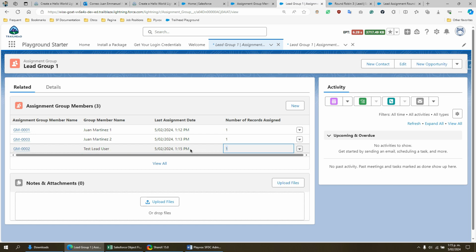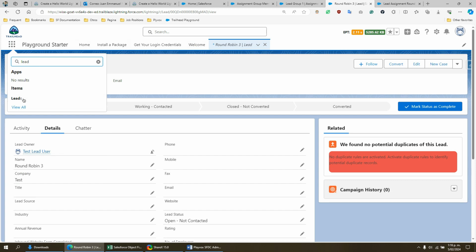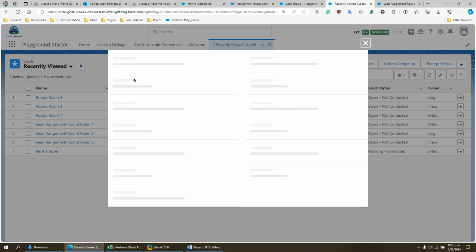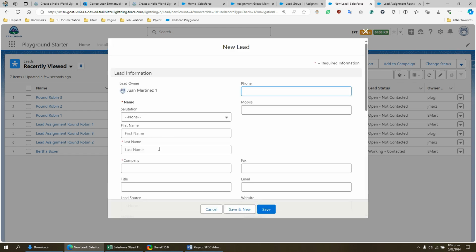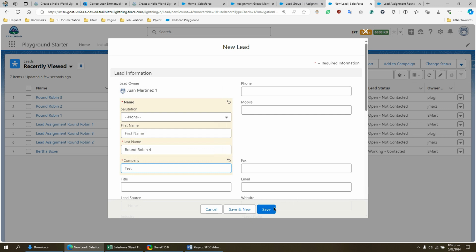Now if we create one final example, we will see that Juan Martinez 1, which was the first member to be assigned in previous examples, will now have two records assigned using the process, and it will also update the last assignment date. So let's test that. We go to leads again. We create this, round robin 4, company test. We save that,